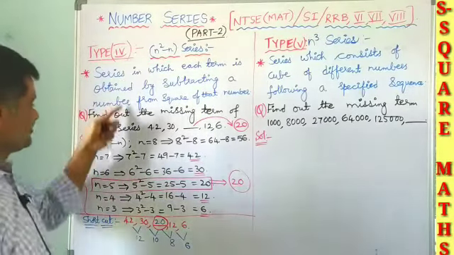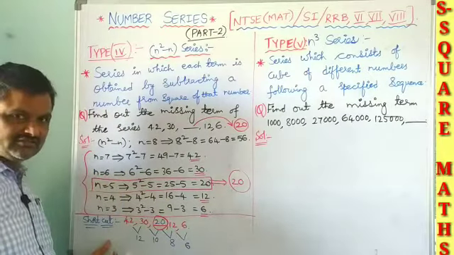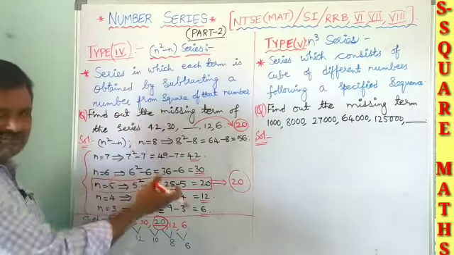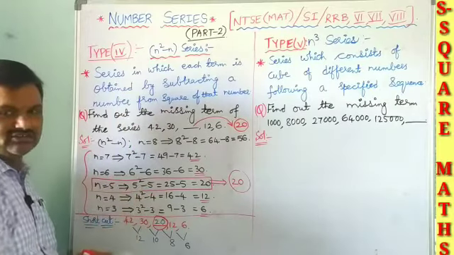therefore 20 is our missing term of the given n square minus n series. So instead of doing it the long way, you can go through like this also. If you remember the property, you can proceed. Otherwise, you can go through in this way.